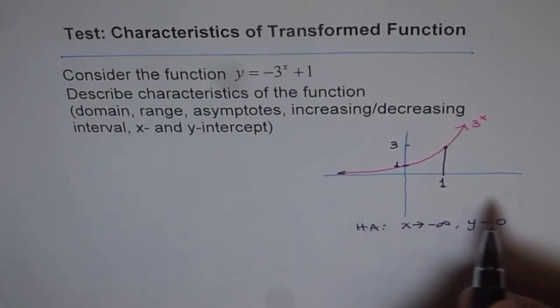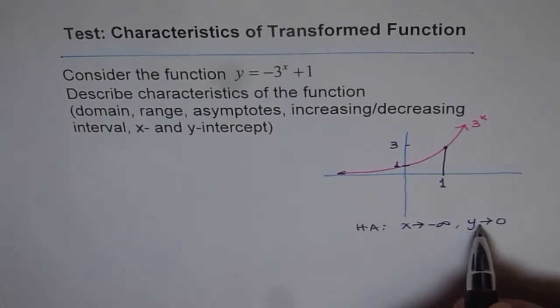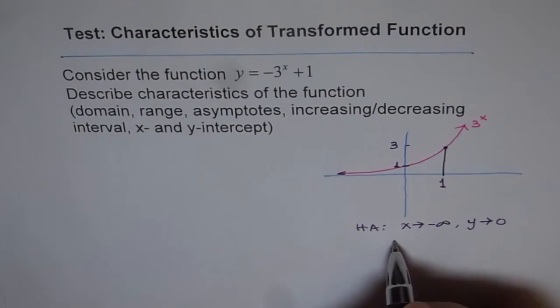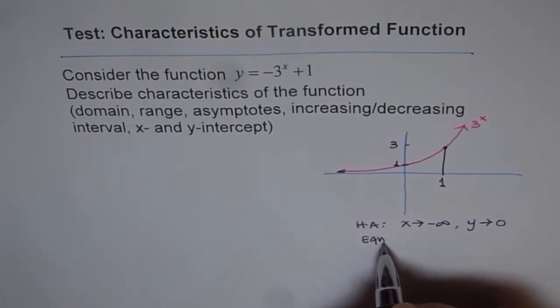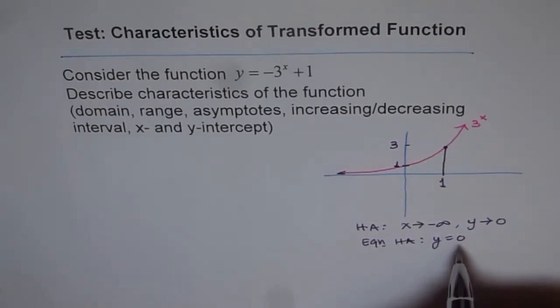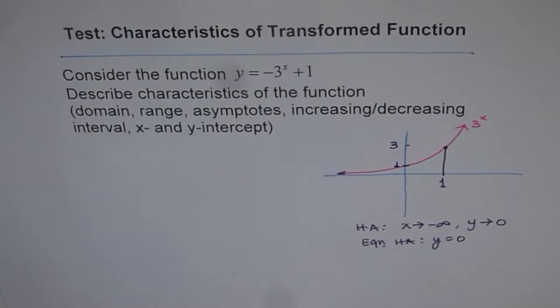It is approaching a value, but it is not right there. Therefore, the equation of the horizontal asymptote is y equals 0, the value which you are approaching but you're never there. So these are the characteristics of our function 3 to the power of x, the parent function for the given